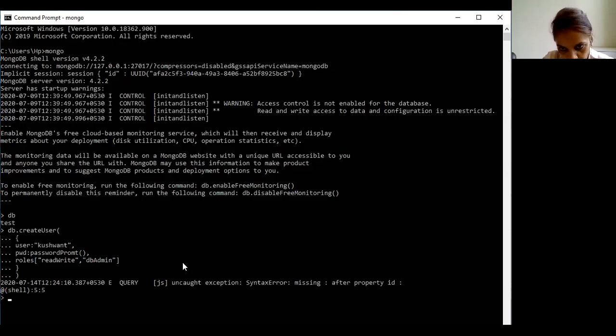Sorry, there is some error, missing property. db.createUser, round bracket started, user, password prompt, admin roles, dbAdmin.